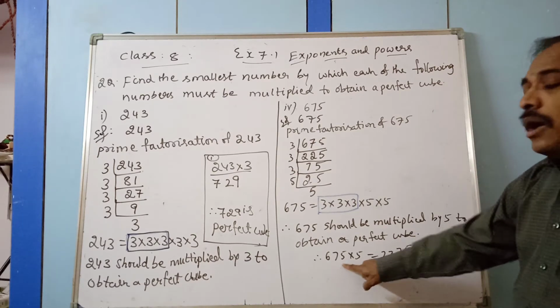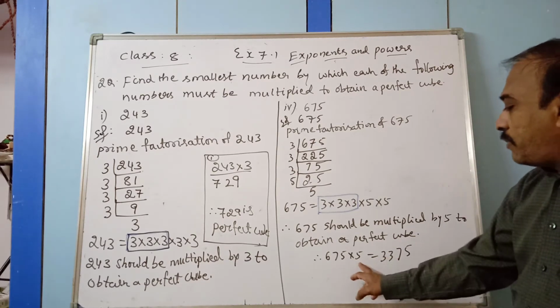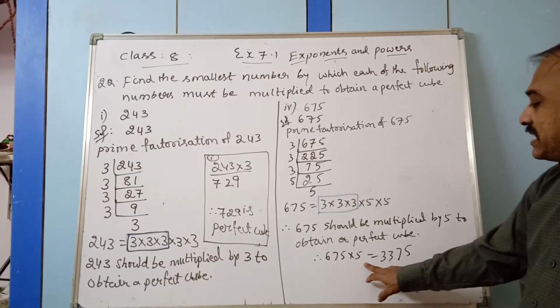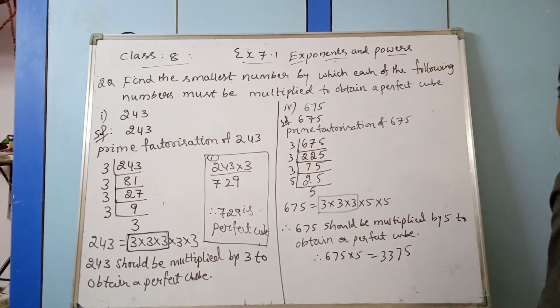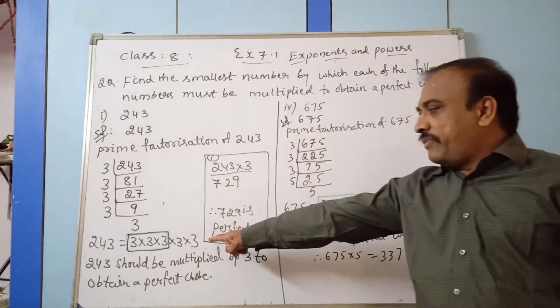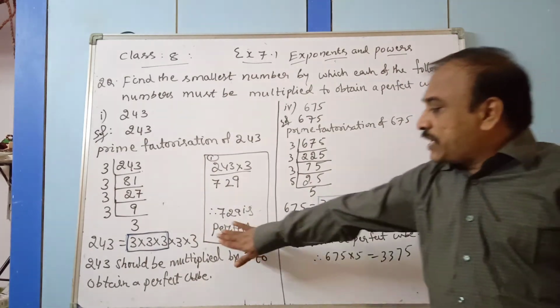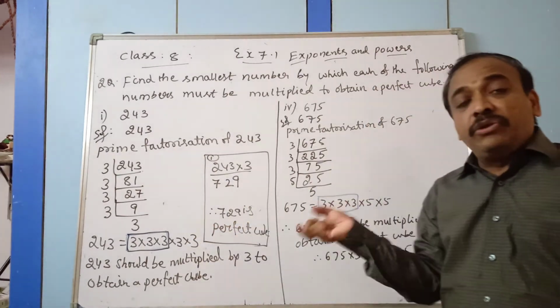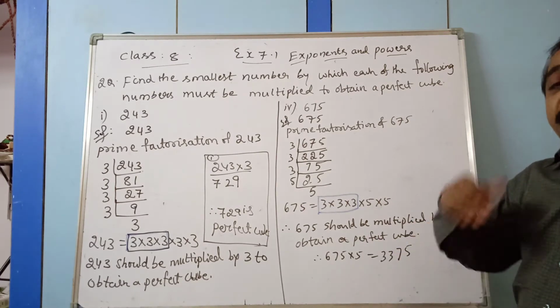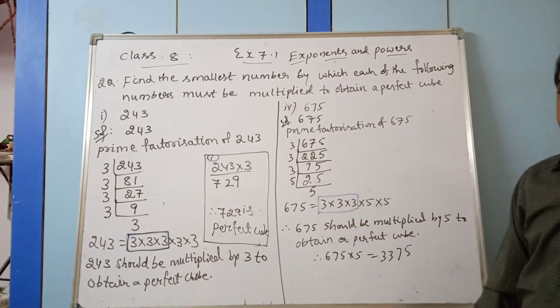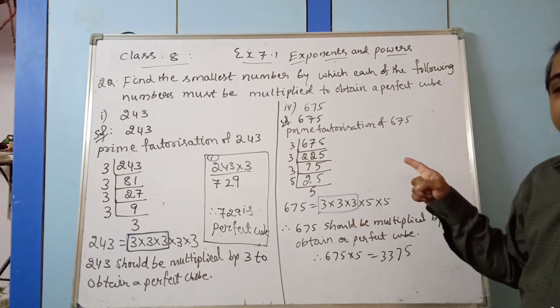This is how to get the perfect cube. Means if you multiply this, because one more 5 is multiplied, that means here one more 5 will come when you go for prime factorization. Here also similar way, prime factorization. If suppose there is only one 3, then you require more 3. 2 times 3 is required. That means 3 into 3 if it is only 1. Is it clear how to get the number?